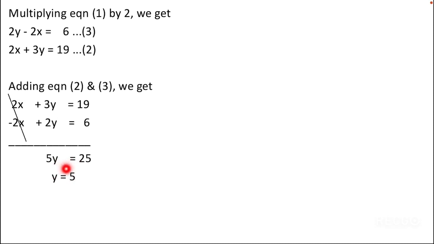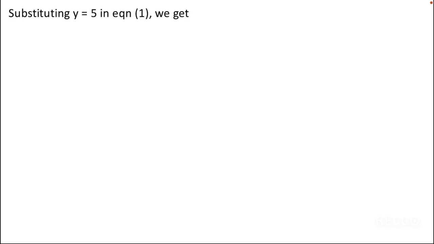Now we got the value of one variable. Now we will substitute this value of y equals 5 in any of the previous equations, and we will substitute in the simplest equation. Over here the simplest equation is 1, that is y minus x equals 3. So we substitute the value of y, that is 5. So 5 minus x equals 3. Now we want the coefficient of x to be positive, so we will send x to the right hand side, so it becomes plus x, and we will send 3 to the left hand side, so it becomes minus 3. So we get x equals 5 minus 3. So our x equals 2.